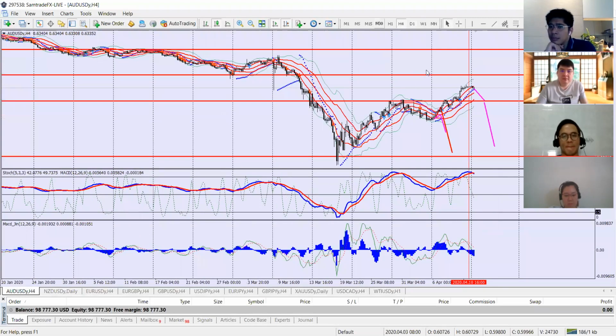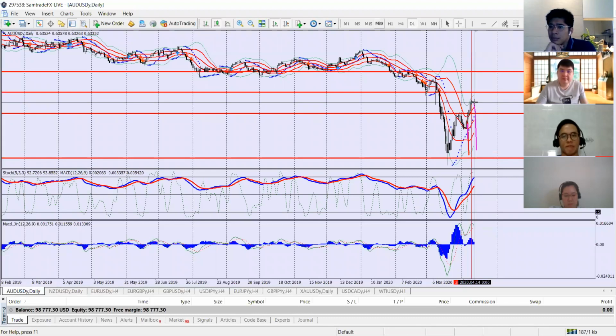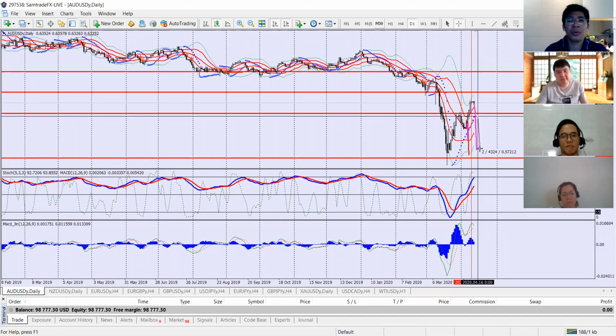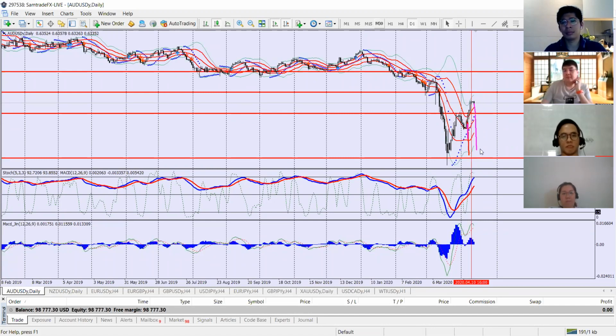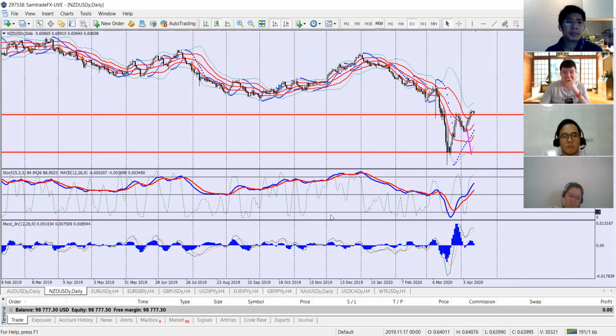If I flick it back to the Aussie, even on the daily chart, we needed to move down about 100 pips to break that level. We need to move about 200 pips before I can even think of selling it down. So which one's going to move faster? Which one are we going to be looking at for a possible trade sooner? I would actually be thinking that the Kiwi will likely be the quicker trade that I'll be paying more attention to, right? It's closer to the support. If it does break lower, it has more chance of breaking below that support level before heading lower,